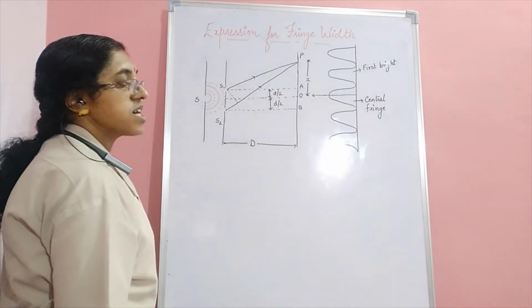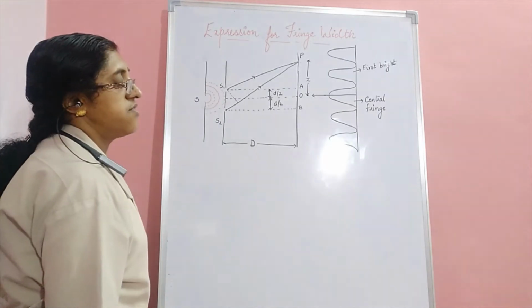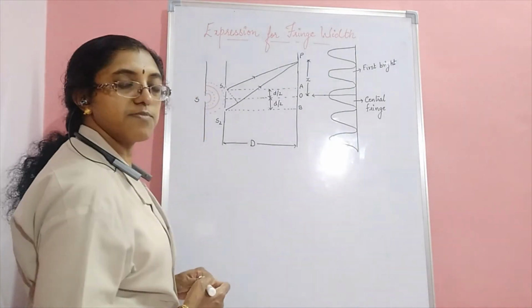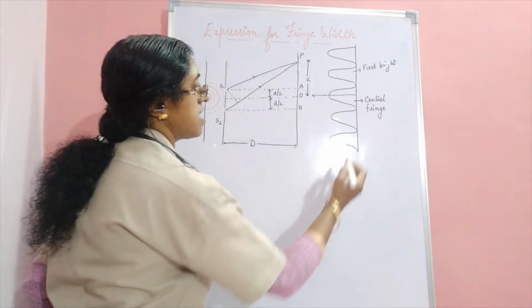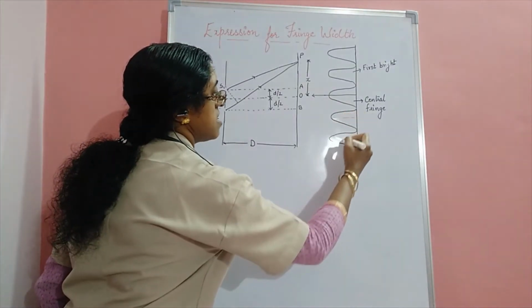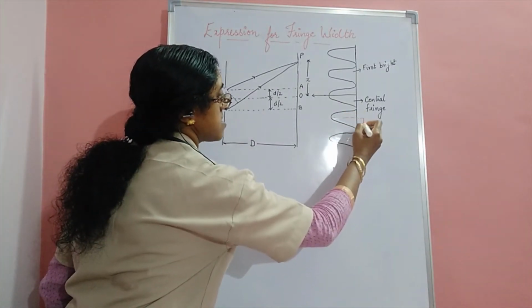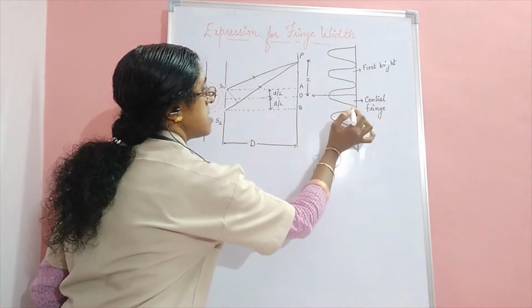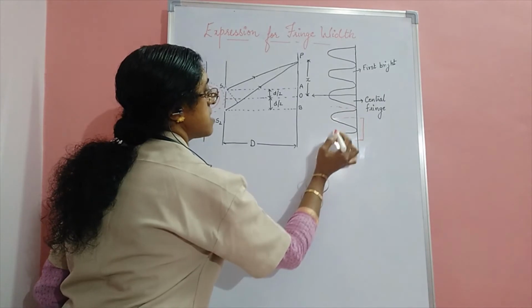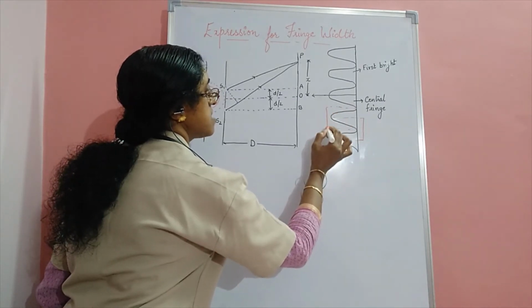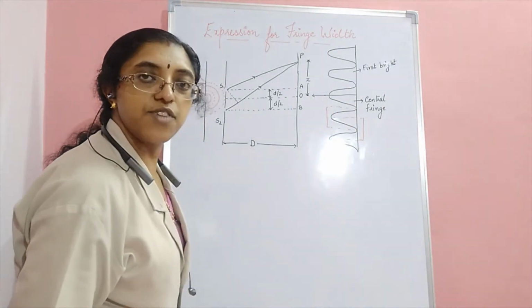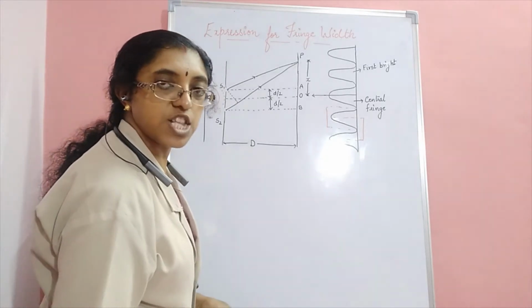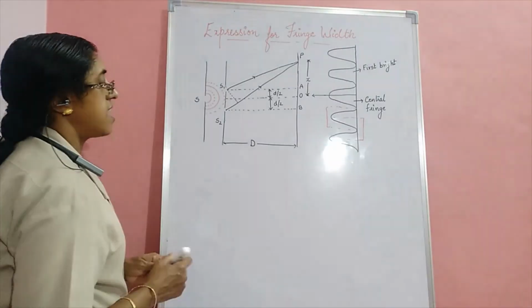Now, what is meant by fringe width? Fringe width is the distance between two successive maxima or minima. Like this is a maxima, this is a maxima. The distance between the two is called fringe width. Similarly, this is a minima, this is a minima. The distance between the two is known as fringe width. So, our task is to find the expression. For that,